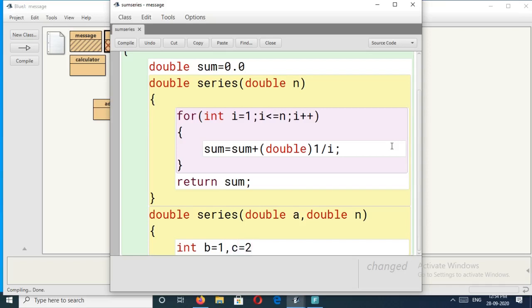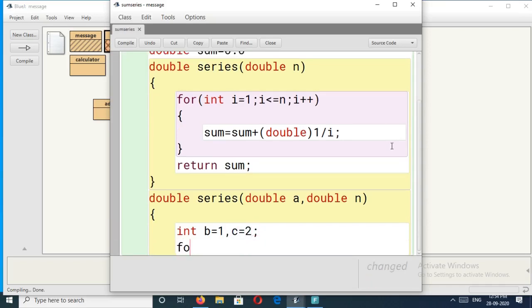That means 2 is the initial value of the power. Okay. Then enter. Then start the for loop. for in brackets, int i is equal to 1, which is used to count the values, i less than or equal to n, then i plus plus. Okay, and close the bracket.